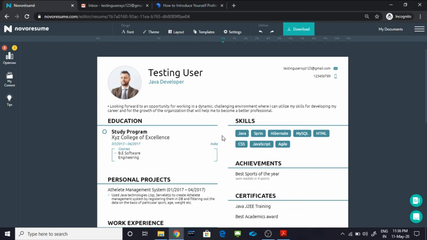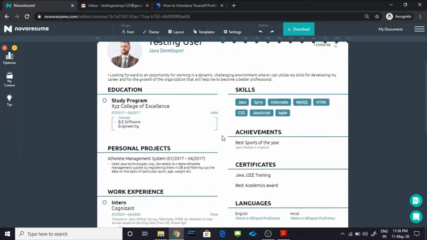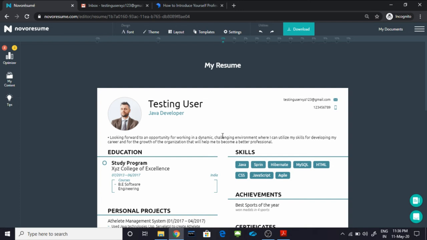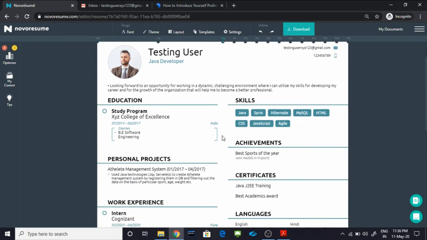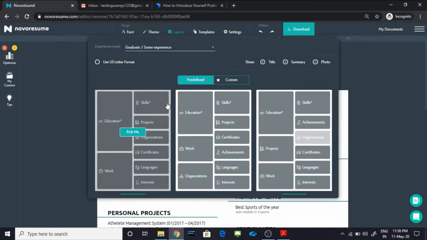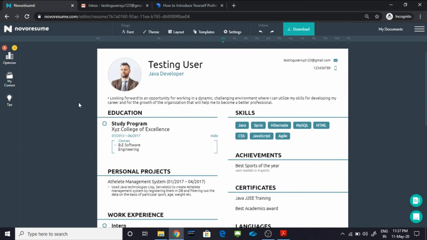So just come over here and make your resume, and a few of the resumes are free on this website. And believe me, you need not buy the premium membership. This will work for you. Even I have made my resumes from here only. So please do log in, and you have various options. You can even change the layouts, like if you want to change this skill section and bring it downwards, you can do the same. They have already given you 3 custom layouts, and you can even click on templates to select how you want it. So this is a very good website for creating the resume.